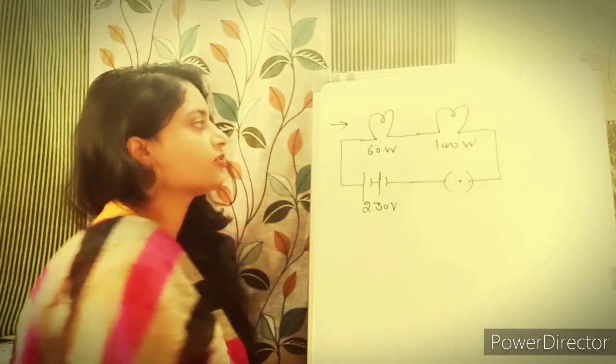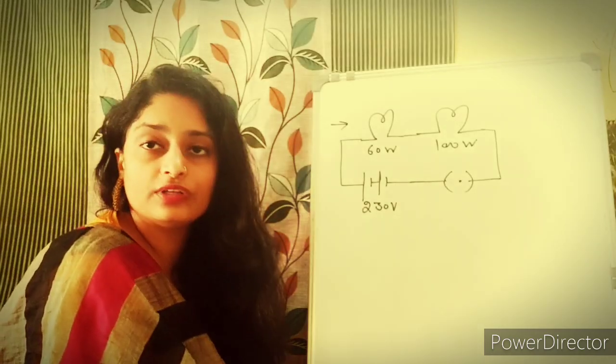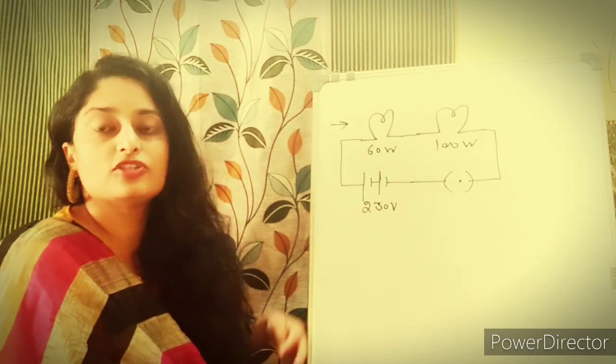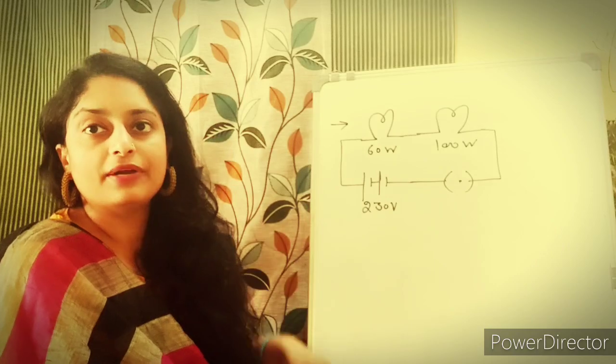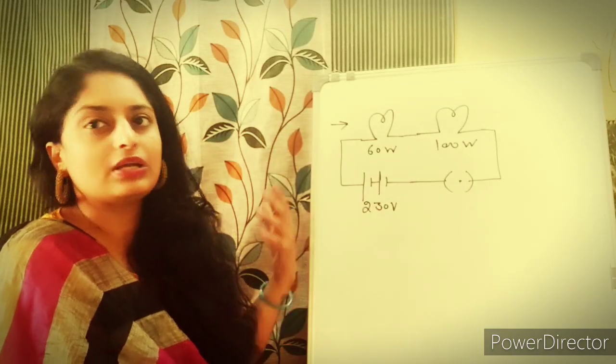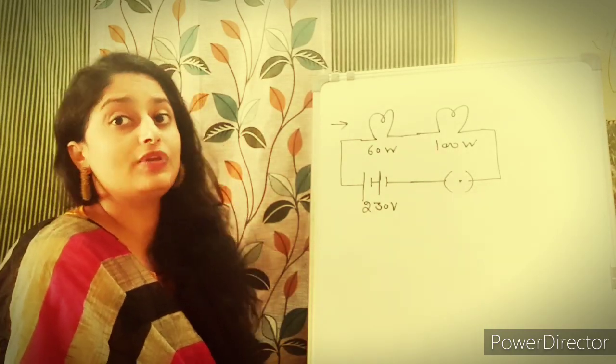Now here is a key that is closed. And in India, children, generally the frequency is 50 hertz and the voltage is 220 volt. That is common. But still, in the question they can give it to you with a slight change. So how will you calculate?